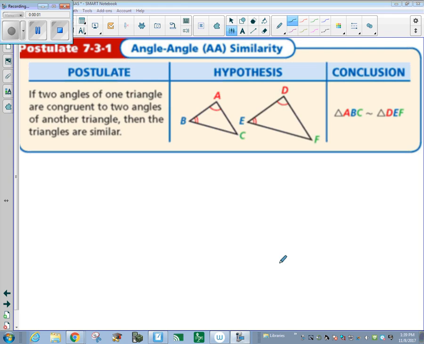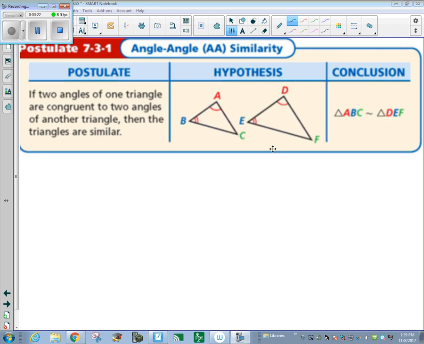Hello everybody, we're going to review similarity. The first thing that we're going to talk about is how triangles become similar to one another. One way to prove that triangles are similar to one another would be by the angle-angle similarity. That basically says that if we have two angles in one triangle congruent to two angles in another triangle,